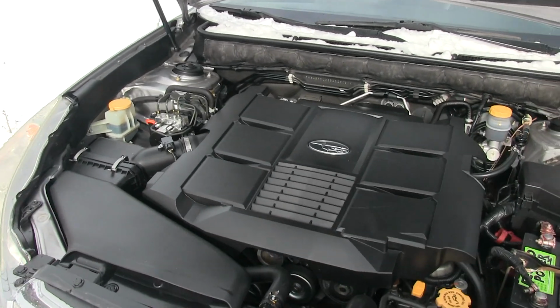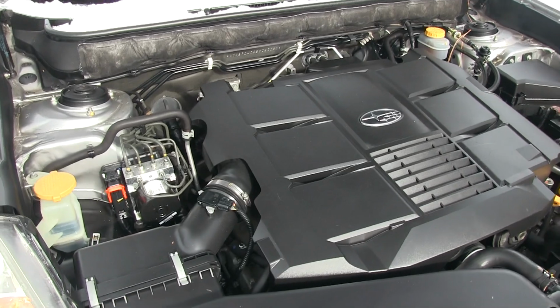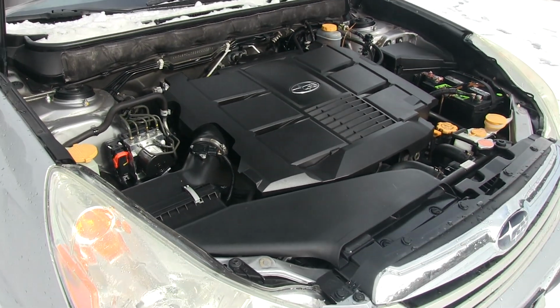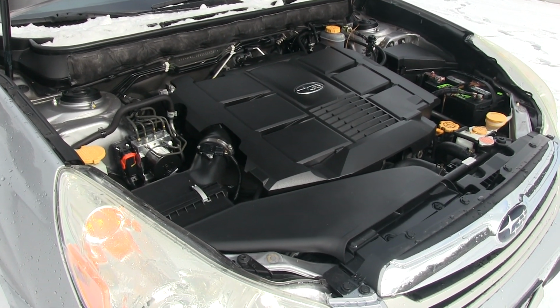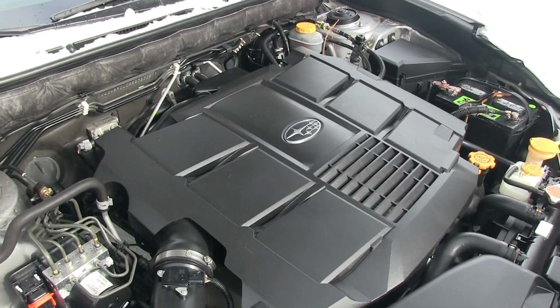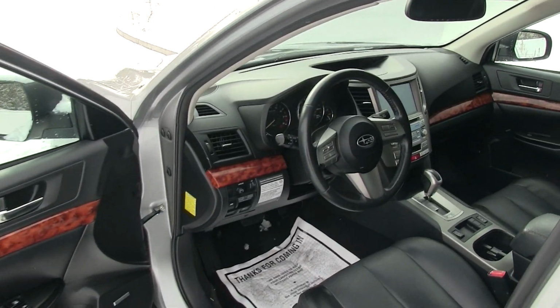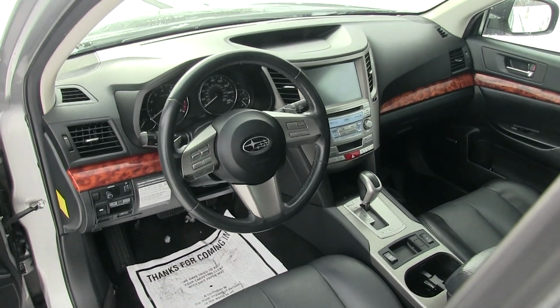The 6-cylinder has an EPA rating of 18 miles per gallon in the city, 24 on the highway, while the 4-cylinder is good for 21 in the city, 28 on the highway on the automatic, and 19 in the city and 26 on the highway in the manual. Jumping inside the Outback, you'll see that this is a fully loaded model, which is very nicely appointed and gives